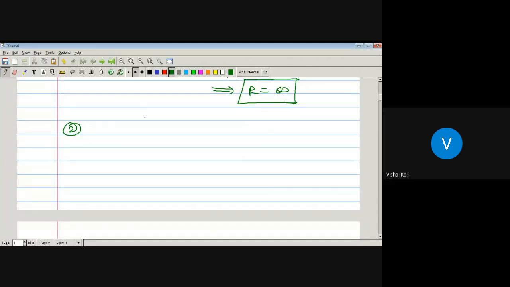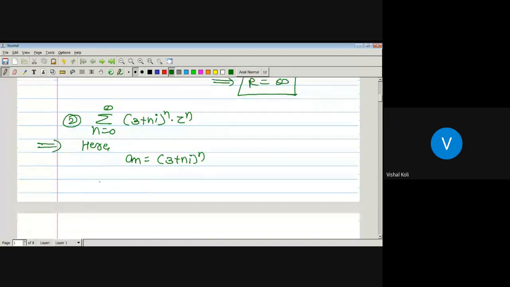Okay, let us take the second example. Series n running from 0 to infinity, (3 plus ni) to the power n into z raised to n. Now, tell me, what is the value of a n here? 3 plus ni raised to n. So here, a n is nothing but (3 plus ni) to the power n.